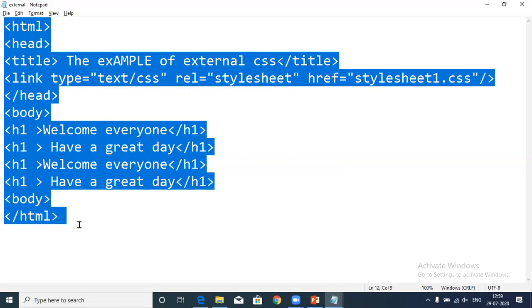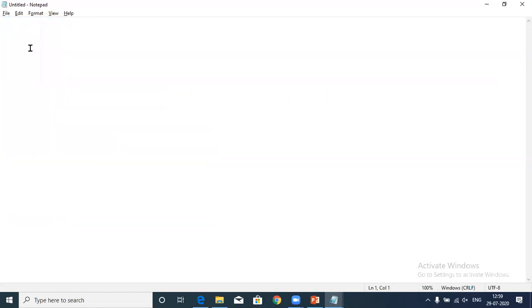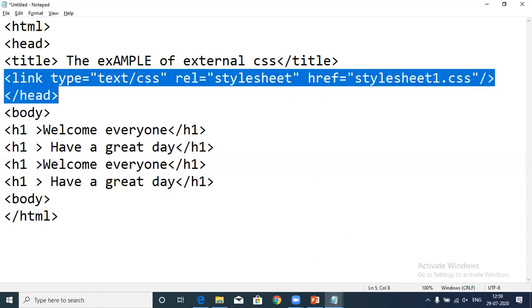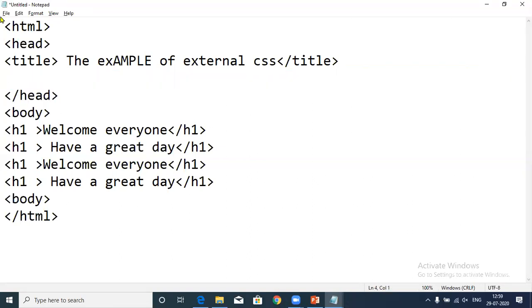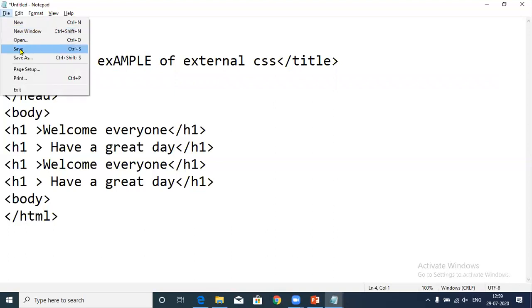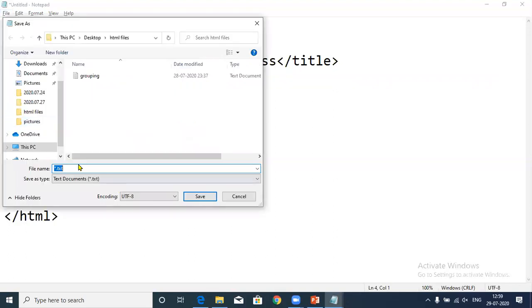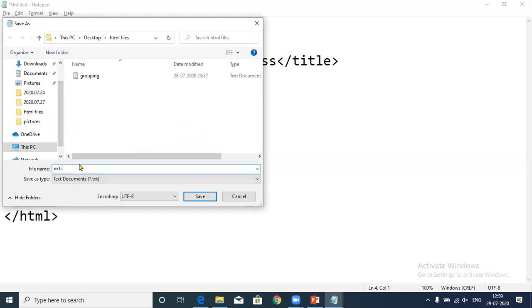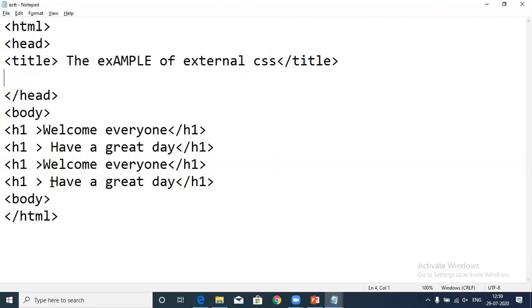For example, I'm going to create another web page. I opened a new file. I have pasted some stuff here. Okay, so for now, I'm saving it with the name of ext.html. For example, this is my another HTML file.